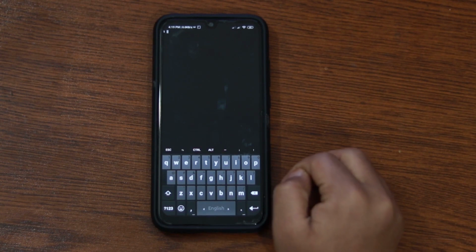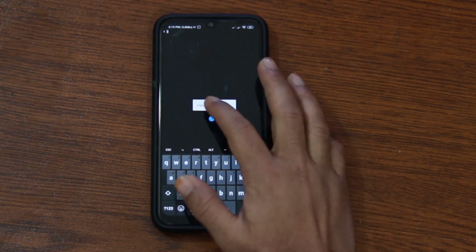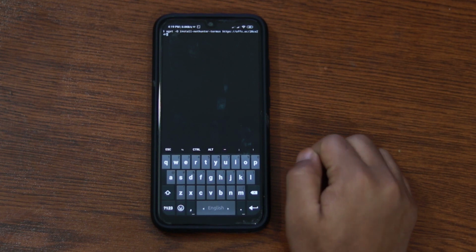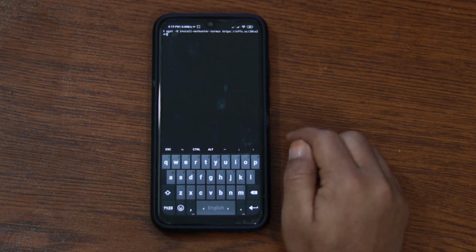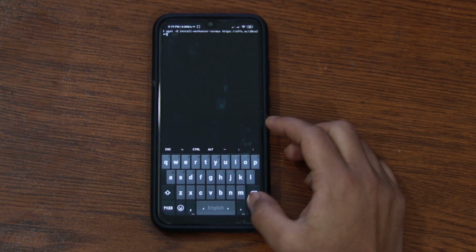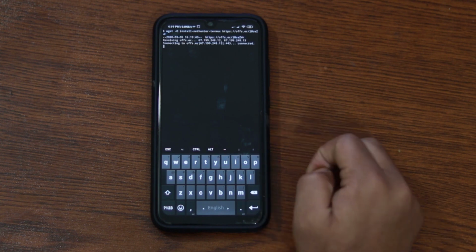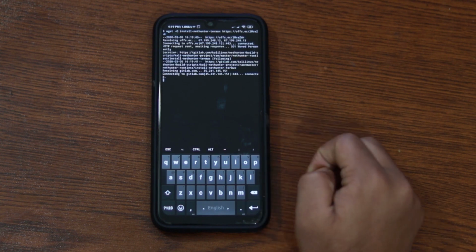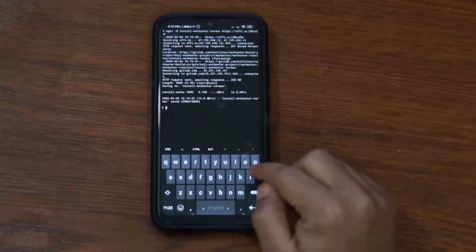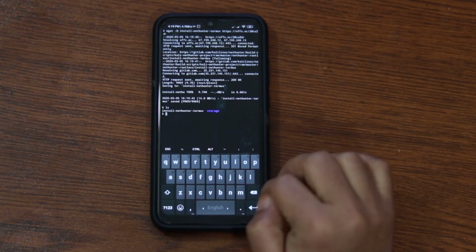Now here you need to download NetHunter installer script using this command. You will find all of this command in description below. When the download is completed, type ls.